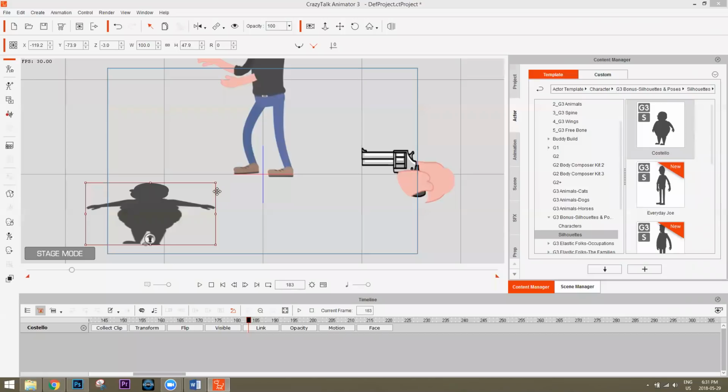Anthony asks, can you create a human character in the CrazyTalk Animator pipeline from a photo that has been imported from CrazyTalk 8? Yep. All the CrazyTalk 8 heads that you create, you can import them to your characters in CrazyTalk Animator. So one more time, if you created a character head in CrazyTalk 8, you can save that as a CT head, I believe it's called, and you can import it to CrazyTalk Animator. Okie dokes, hope I answered that.